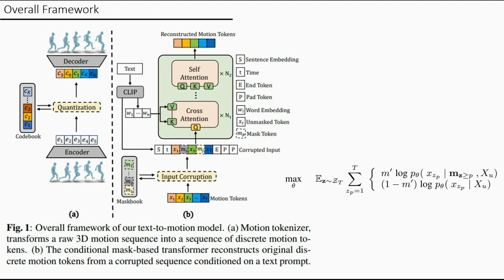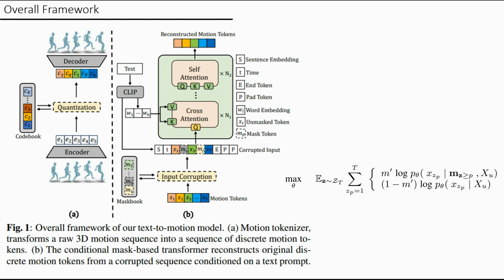And then we input the corrupted input to our transformer. And also we input the text prompt into the CLIP model, and we get word embeddings and sentence embeddings from the CLIP model, and we apply sentence embeddings and word embeddings to the transformer, and the transformer has to reconstruct